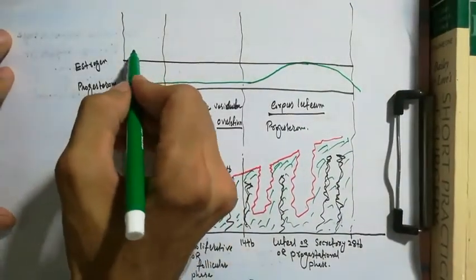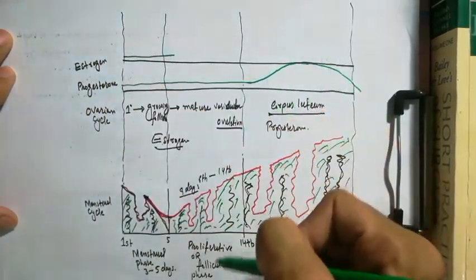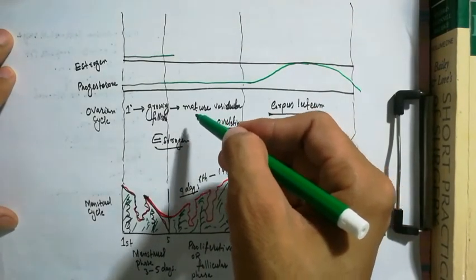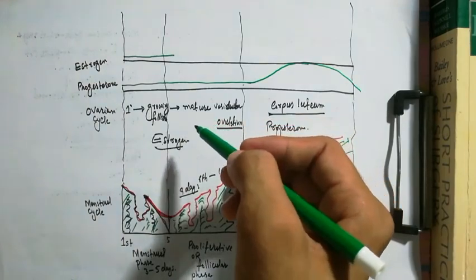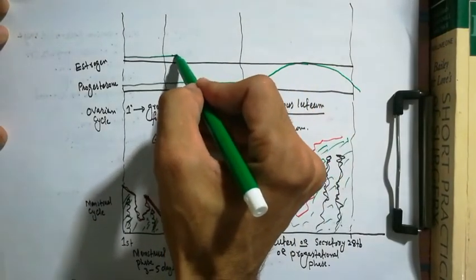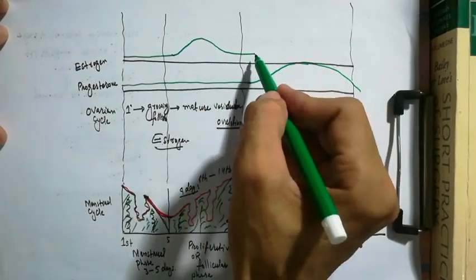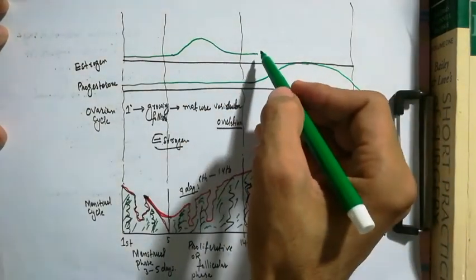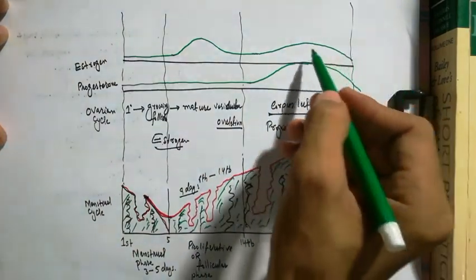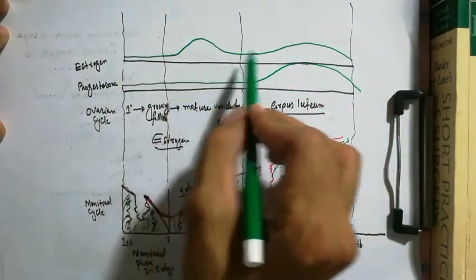So normally estrogen is secreted in low concentration during the mid of proliferative phase. When mature vesicular follicle is formed in ovary, it secretes high concentration of estrogen. So during the mid proliferative phase, concentration of estrogen is increased, and then when corpus luteum is formed, it also secretes some amount of estrogen. So the graph of estrogen is like this,